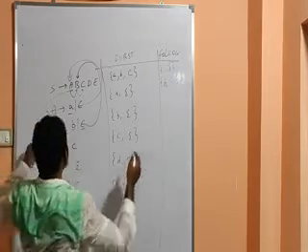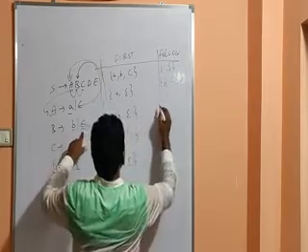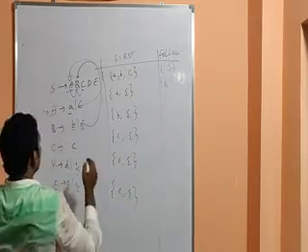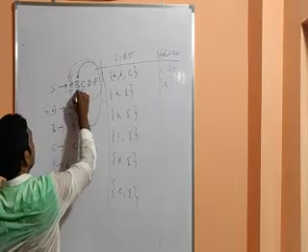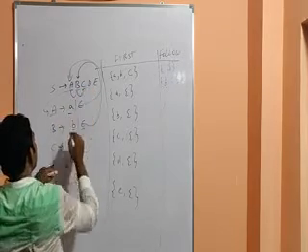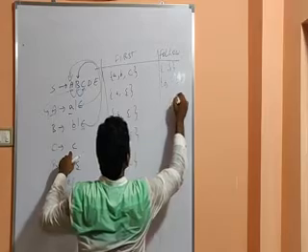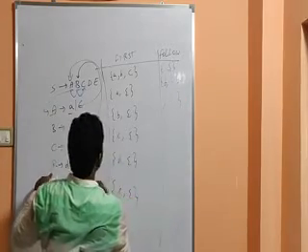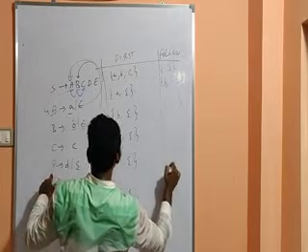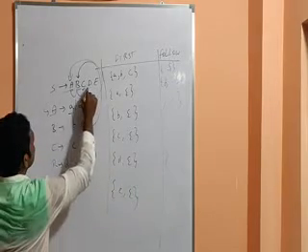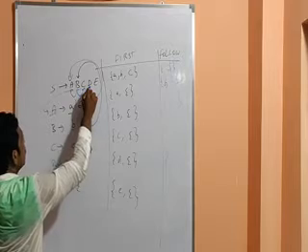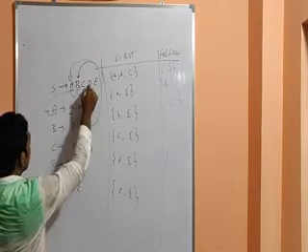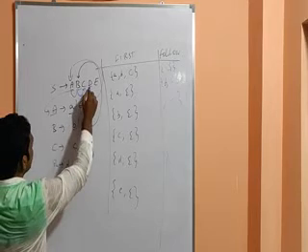So now write the follow for capital B. Where is capital B represented? Here I have capital B. What is the follow of capital B? Capital C. What is the variable I have? Only small c. So now capital D. Where is capital D represented? Here the capital D is. Come to the capital D grammar. Here the capital D is represented. What is the follow of capital D?